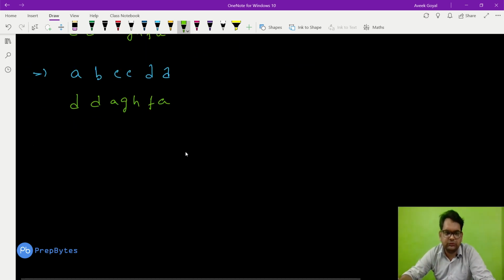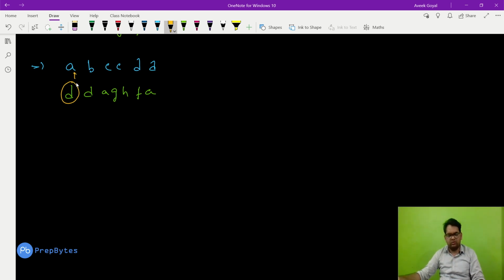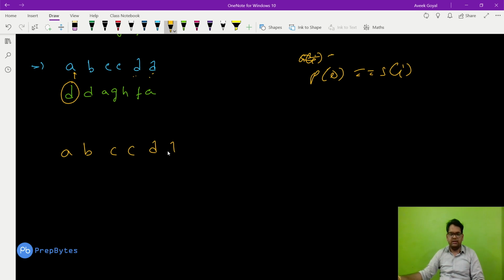Okay. Now here in this particular scenario, let's follow the same process that we already know. We compare P0 with S[i]. A is smaller, so no, B is smaller, C is smaller, C is smaller, and we get here that P0 is equal to S[i]. Now previously what we were doing was we were moving forward, and if we move forward we will insert this whole string at the end. So A, B, C, C, D, D, D, D, A, G, H, F, A. Fine, this will be the output.